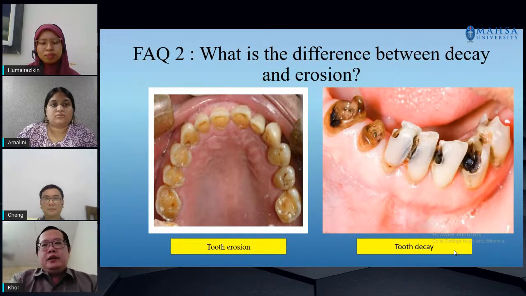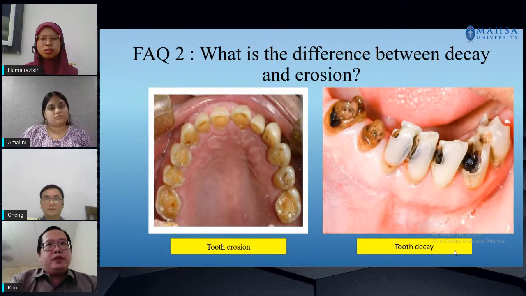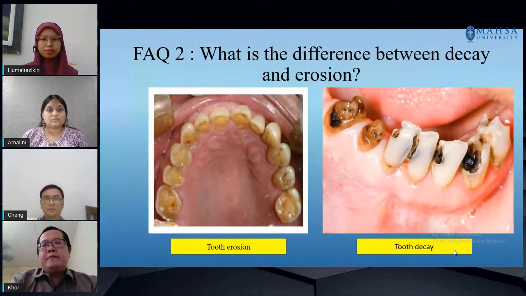One can be intrinsic from our body, like the stomach acid, and it can also be extrinsic from outside our body, like from food, drinks, and also, as I mentioned in the slide earlier, for example, the water in the swimming pool. The location normally is the entire tooth surface, and the result